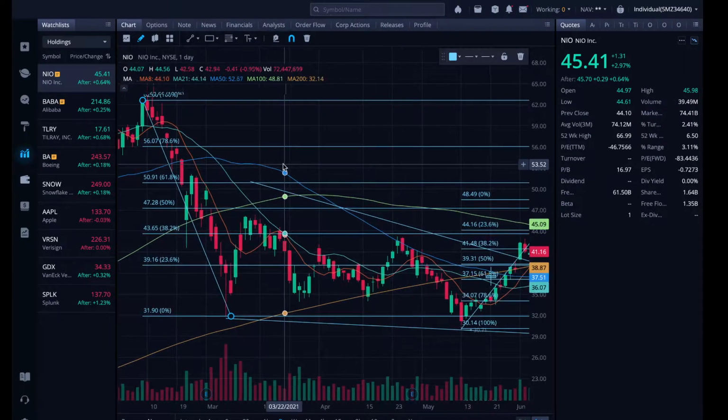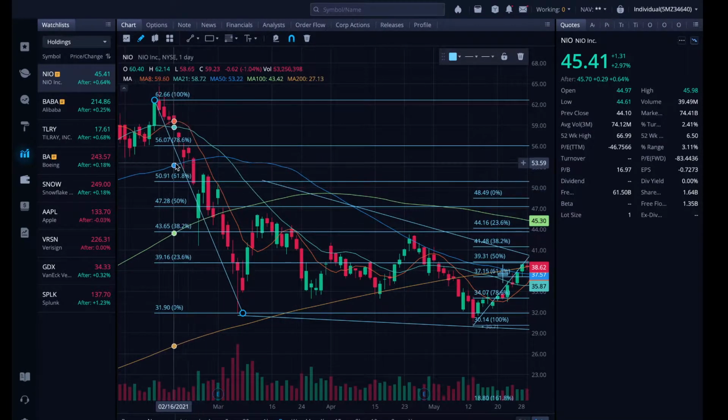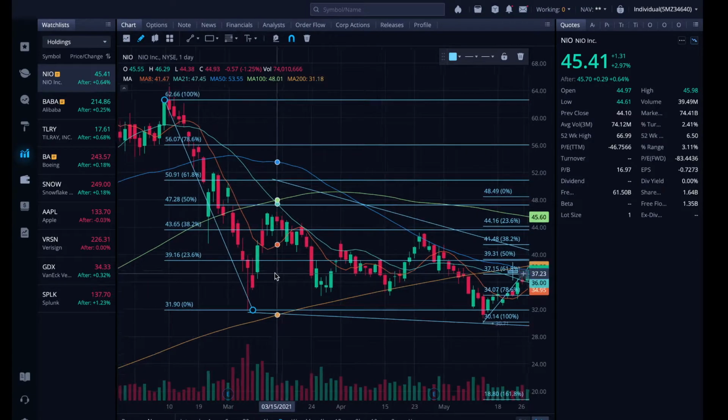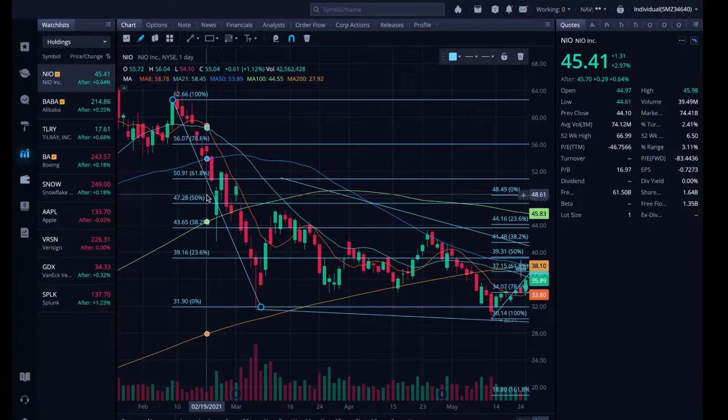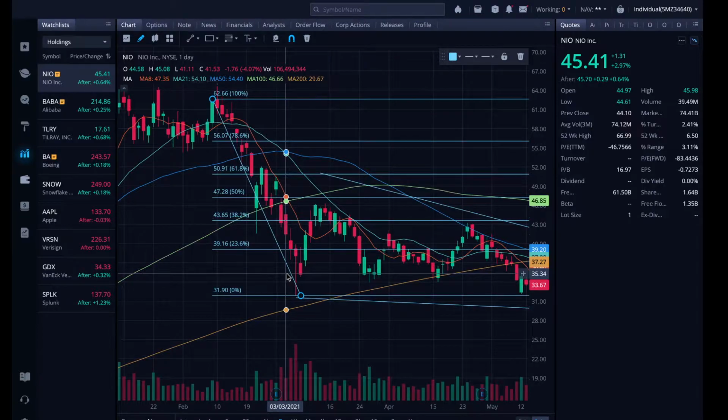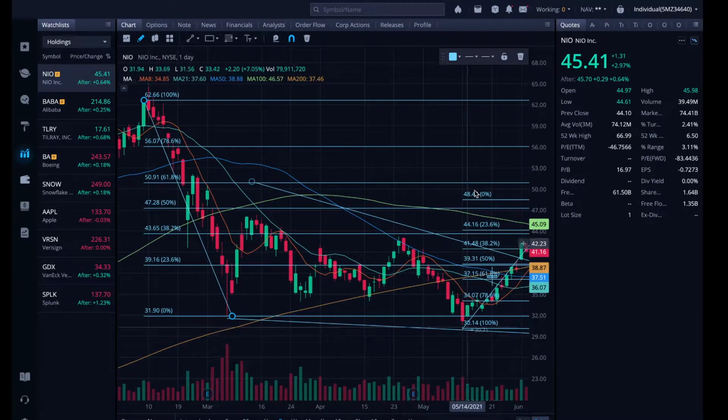but I'm just explaining a little bit about how Fibonacci can be used and what levels to look at, which are your 618 and your 382, always the most important ones. Obviously you would look at other levels here which are pretty important, but like I said, the most important ones are the 382 and the 618, as most of the retracements for stocks that have gone up or down are mostly